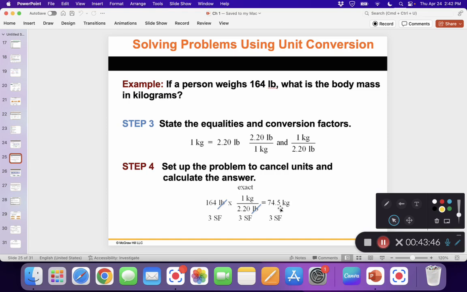You will get an answer. You go back and see how many sig figs are there in your starting number. There are 3 significant figures, so you report your answer in 3 significant figures. Okay, so let me work with the calculator. What is the number we get? If I divide 164 by 2.20, I actually get